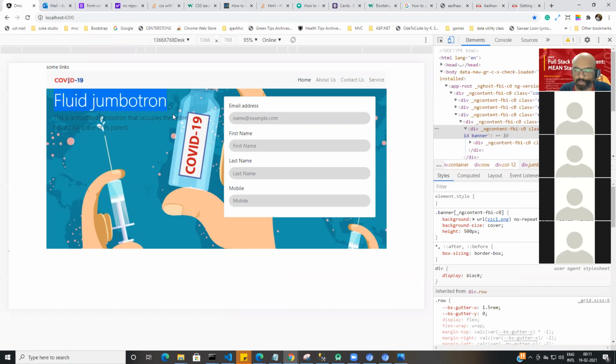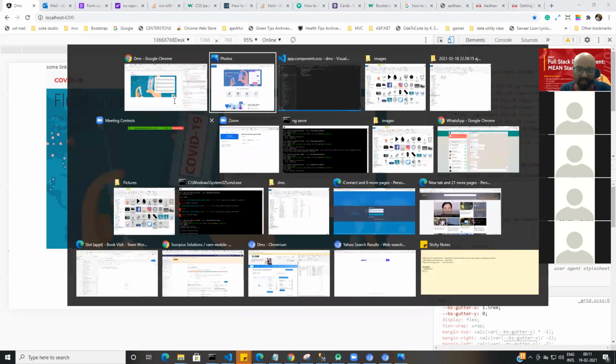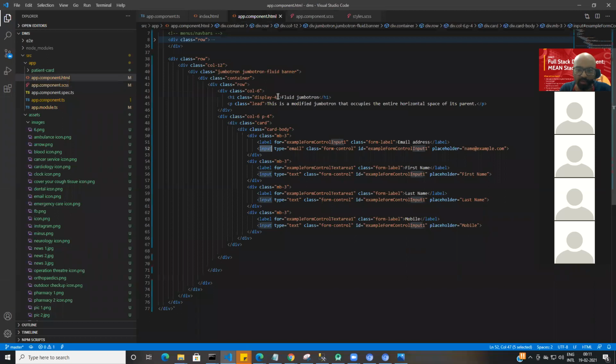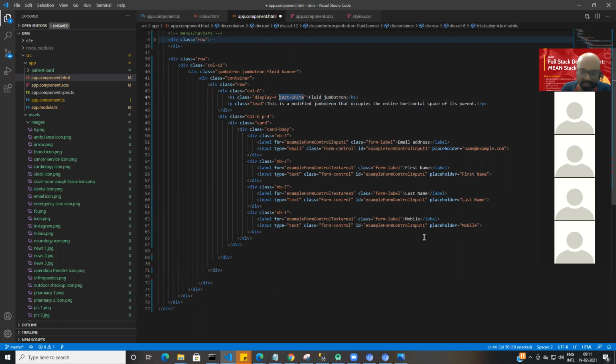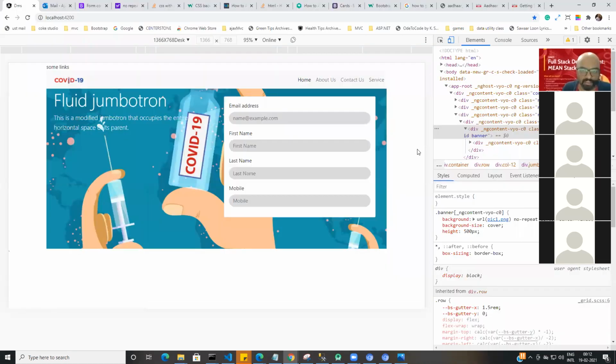What most programmers or UI guys do wrong is they directly go here and put the color shade as inline style. Don't do that. Instead, apply a class. There is already a text class. Let's see, do we have text white or something like that? We have, yeah, text white. Let's see if text white will work. If you don't have any color class, you can always create your own color class, which we'll see later. As of now, see, it came white. Correct, team.